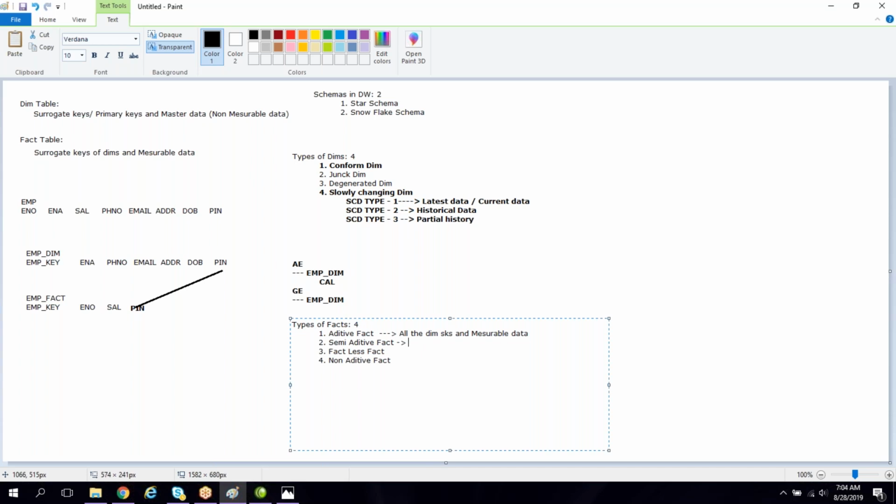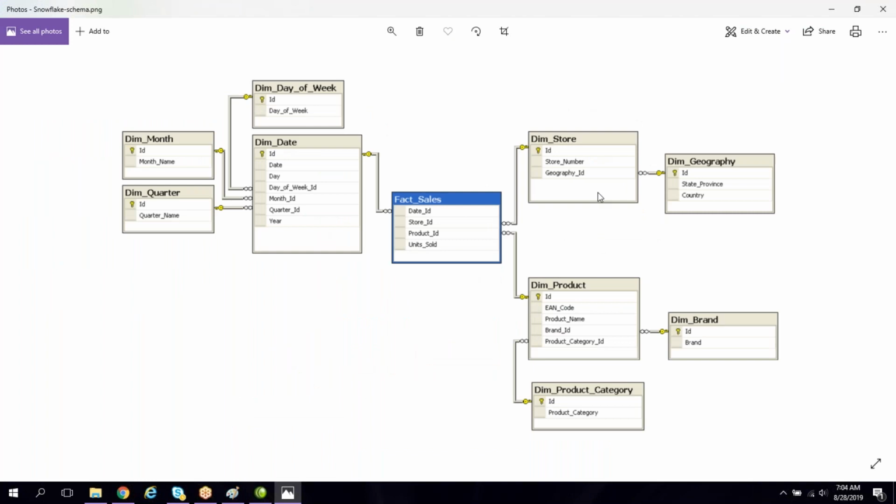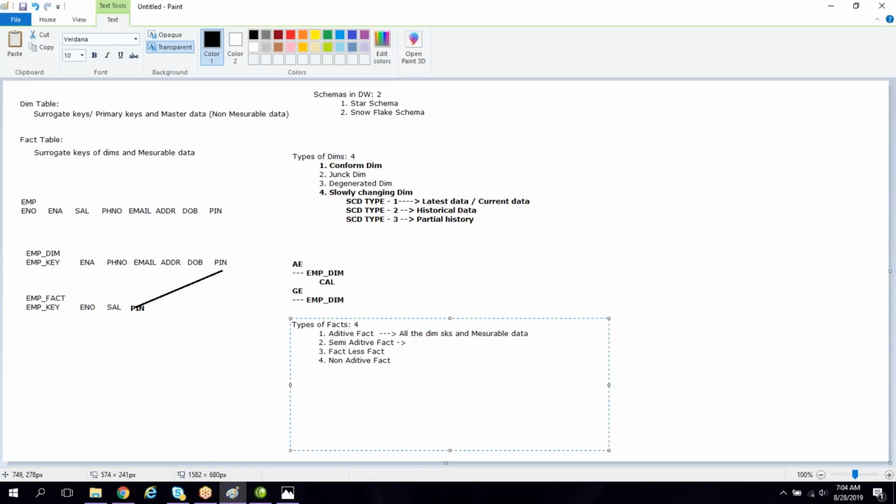Then semi-additive fact means at least one of the dimensions. Here you can see in Snowflake model, only a few dimension surrogate keys are present and some of the measurable values. So this fact we call a semi-additive fact. Semi means only a few of the dimension surrogate keys are present in a fact along with measurable columns.